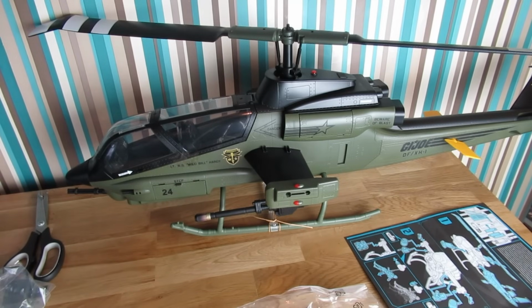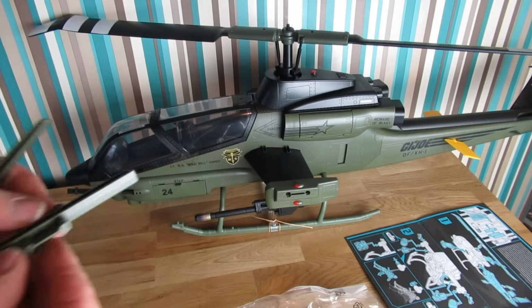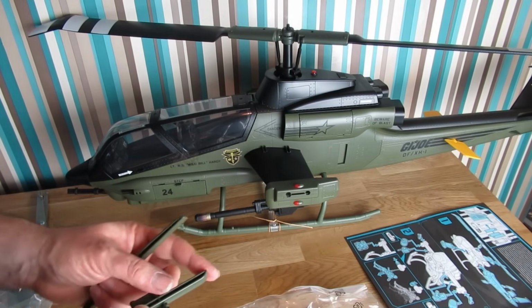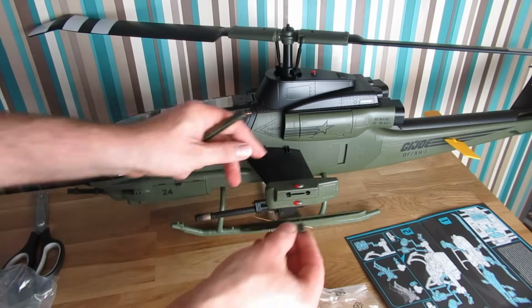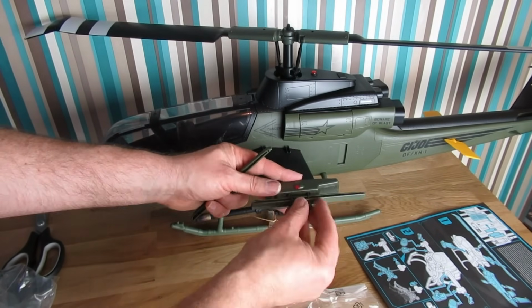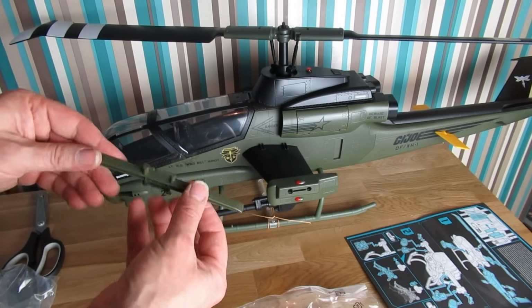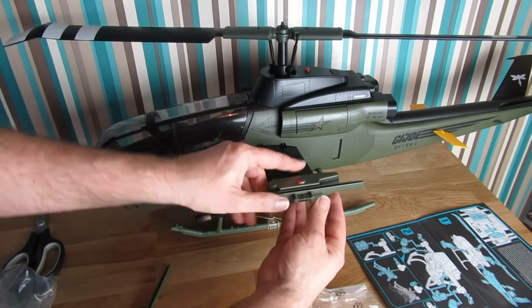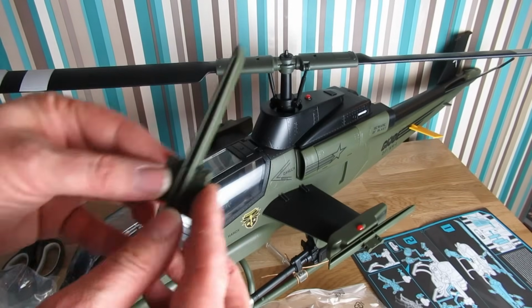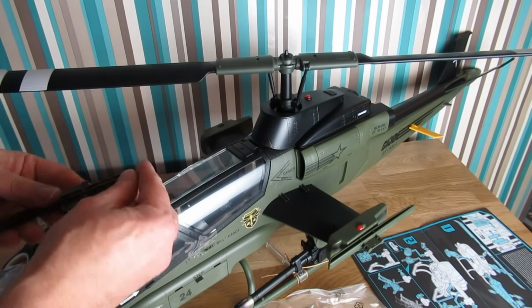We have these bits in here which are kind of extension-y things. Right, so now they've shown on the instructions it's kind of sideways, so I can't really figure. Not that way then, is it? Not that way. That way? No, that doesn't look right either. Ah, right, okay. So there must be a top and a bottom. I'm going to go that way. It looks weird because I would have thought there would have been like a smooth side and a not smooth side. But that's pinholes in it, so I'm going to go...